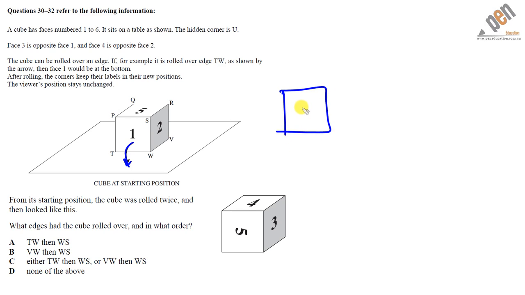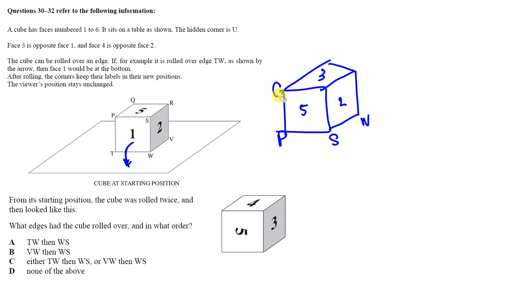Next, since we have 5, 3, and 2, like this, we need to work out the corners. This would be S, W, P, Q, R,